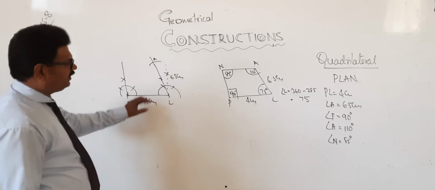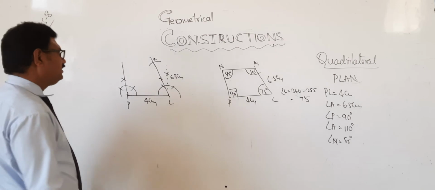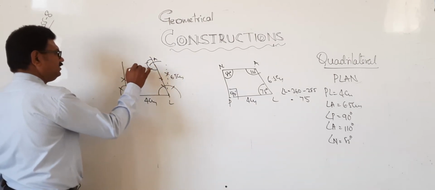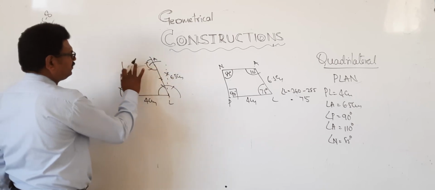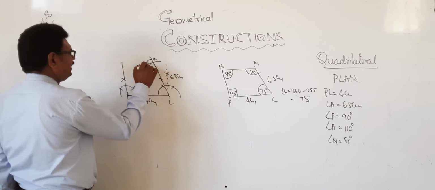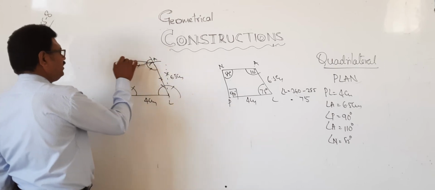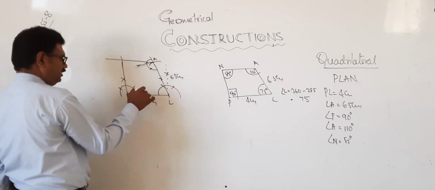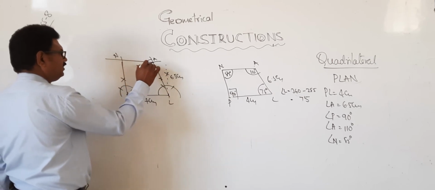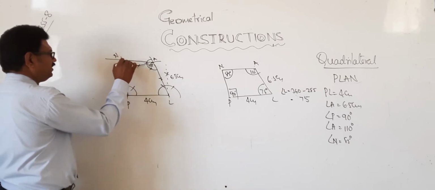After cutting 6.5, you can draw like this. How many degrees? Yes, 110. Again bisect like this. Yes, this is nothing but 90. 90 means 110. 110 means more than that. So it will be like this. So P L A M. This is 105 degrees. Okay na? Now 100% it is 85 degrees.